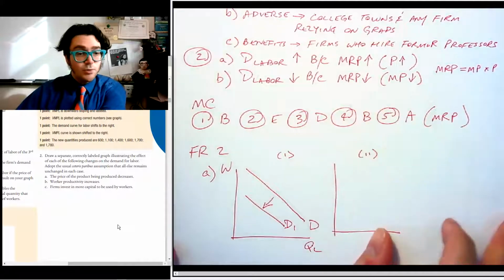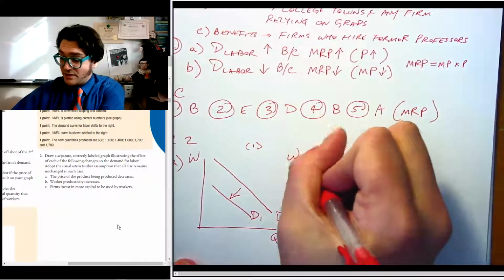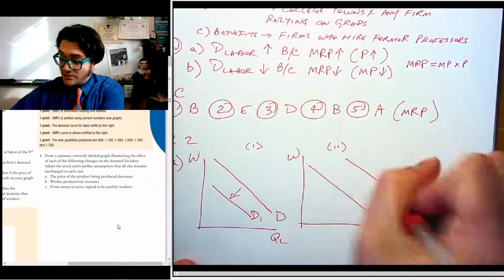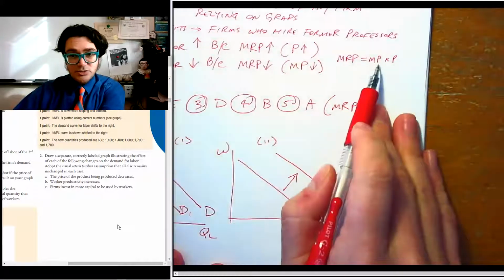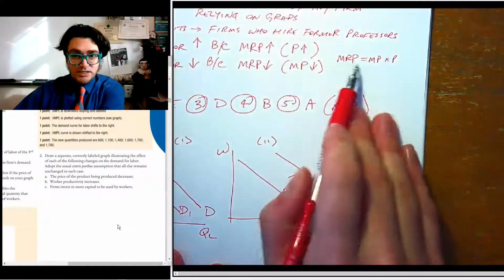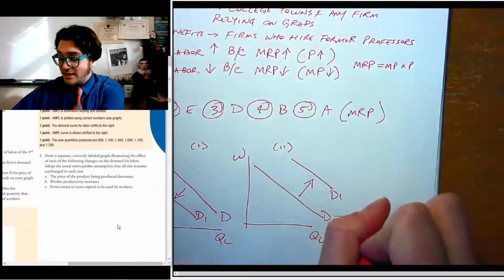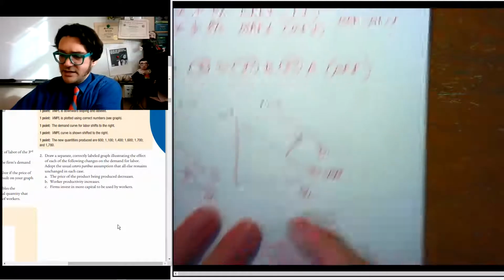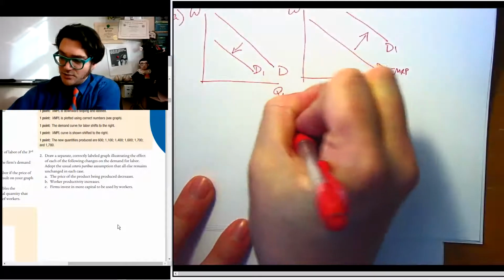2 is worker productivity increases. So if their productivity increases, then that's going to increase the demand. Shift to the right. Again, these are just testing, like, do you know that marginal product times the price is equal to marginal revenue product? And each of these curves is just the MRP. And then I'll do the third one kind of below because it's a little harder to see here. Number 2, 3,